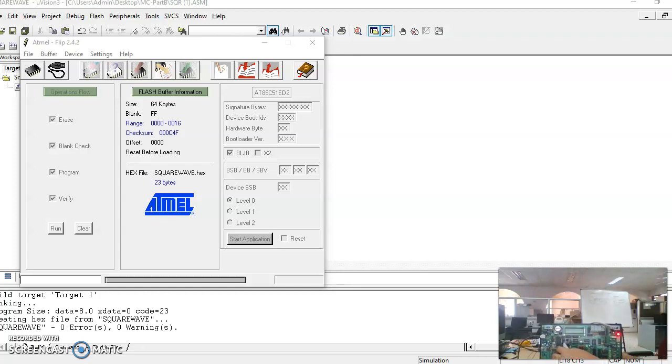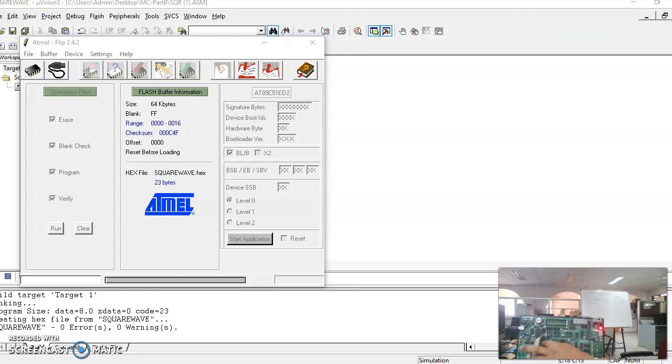Then one more connection. In the program we have used port 0 of the 8051 microcontroller. These are the ports of the 8051 microcontroller: port 3, and port 0, which we are using in the program. Therefore port 0 is connected to CN15.